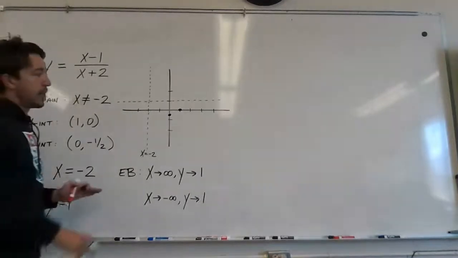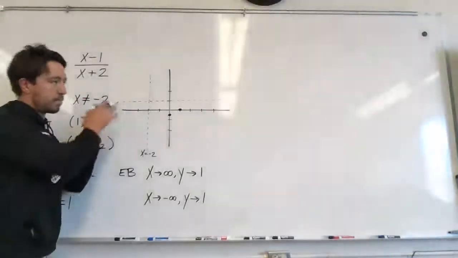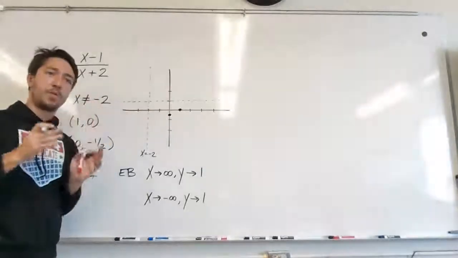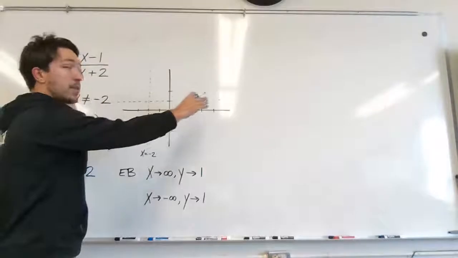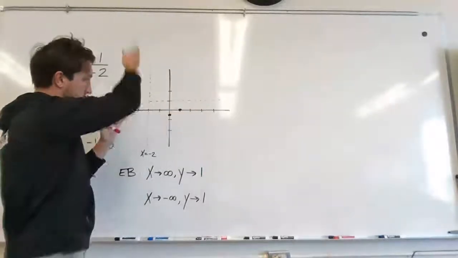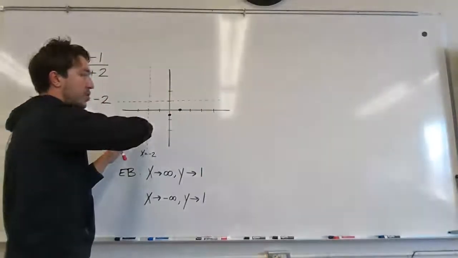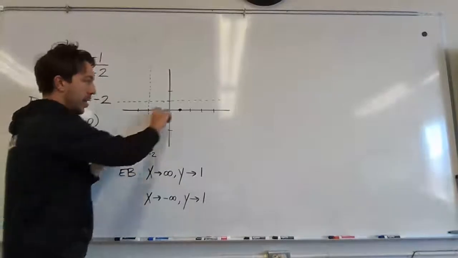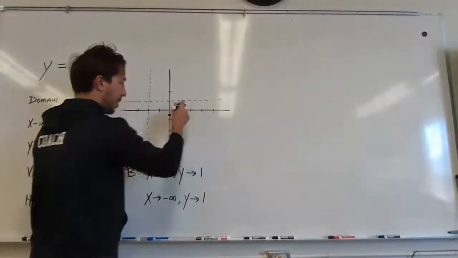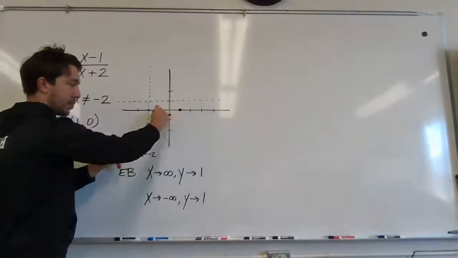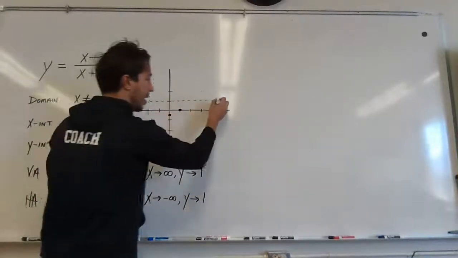But now, the key here, getting it all together, is to really understand what an asymptote is. An asymptote is a flat line or vertical line that your function is going to approach in the long run. So what's going to have to happen over here? It has to approach it. As I approach this vertical asymptote, I have to approach the line. So what you're going to have here,